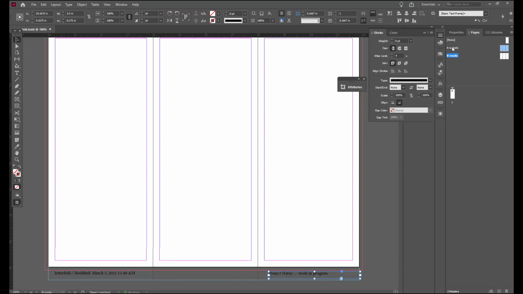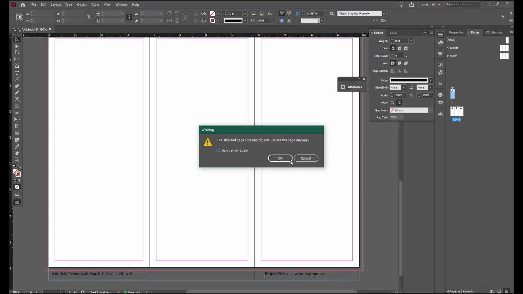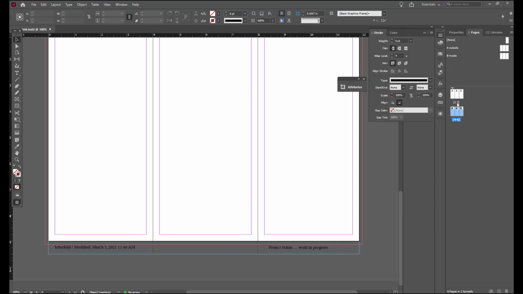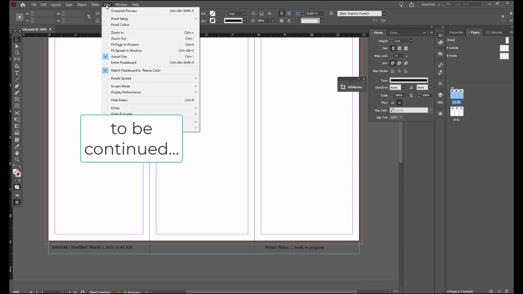Click the A outside master page name to select the whole spread, pull it down and place it below page 1, and then select page 1 and click on the trash and delete it. Drag the B inside down below the outside. Double click the spread for the pages 1 through 3 to open them. Go to View, Fit Spread in Window,